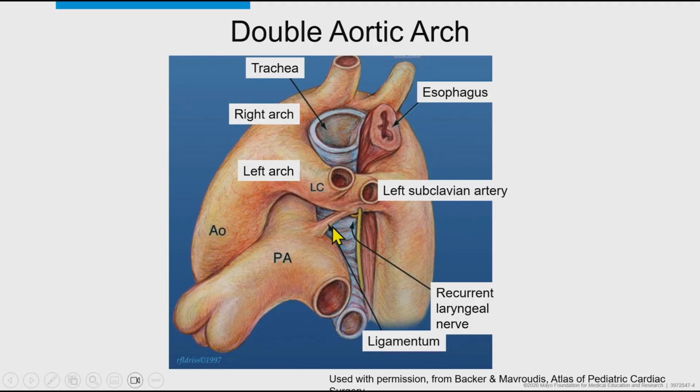The ductus arteriosus in these patients with double aortic arch is typically on the opposite side of the dominant aorta. So if it's a dominant right arch, the ductus will be left-sided, which is the more typical configuration. But if there is a dominant left arch, then you have a right ductus arteriosus. The important thing over here is the recurrent laryngeal nerve that goes right around the left arch. So you can see why this is important, as Dr. Stevens will have to fix this, trying to avoid any damage to this nerve.